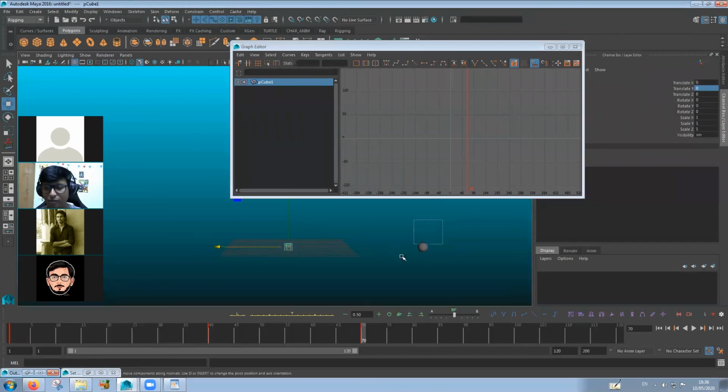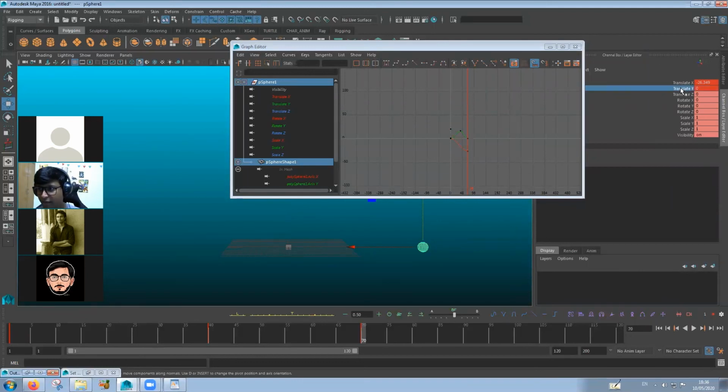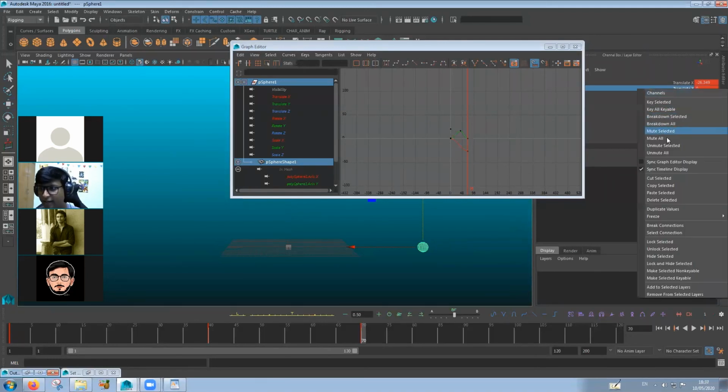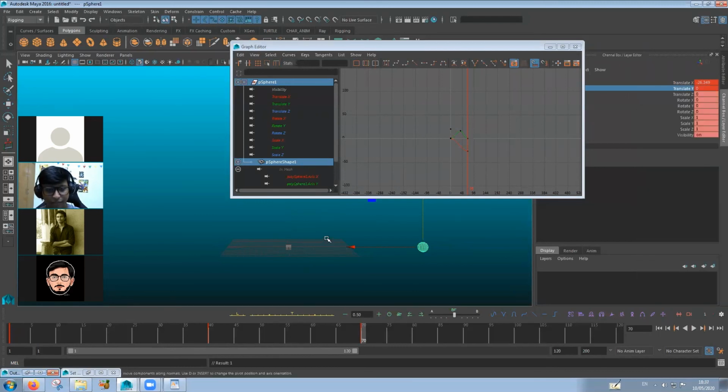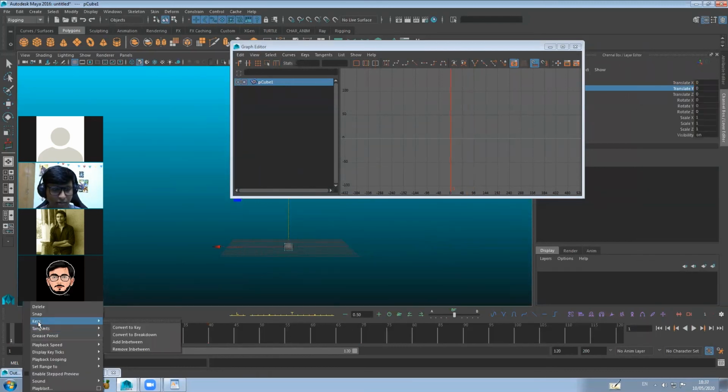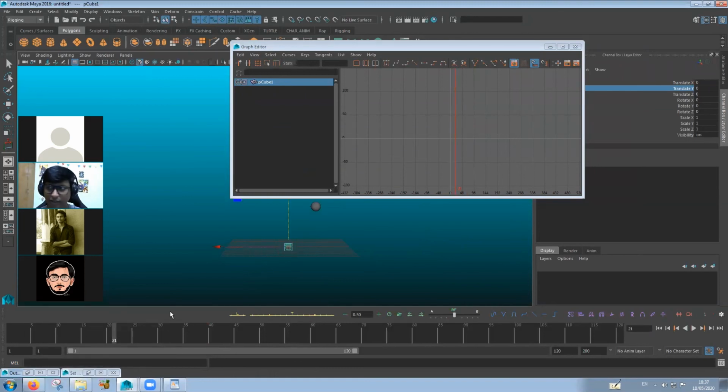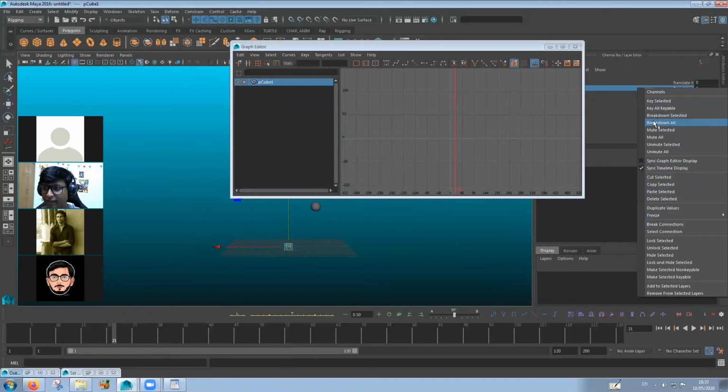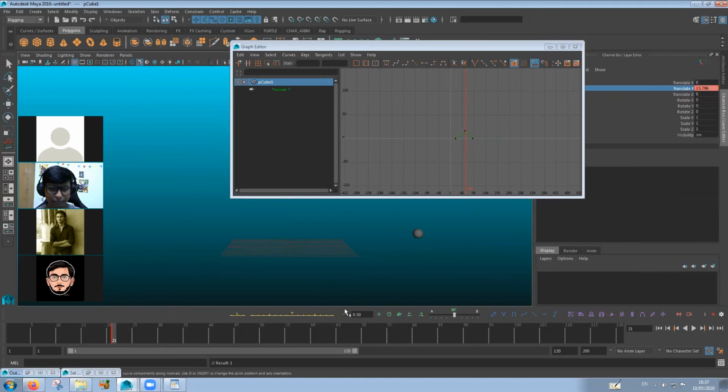Yes. Yeah, okay. So all you have to do is just click over there, go to translate Y, select it in the channel editor, right click, say copy selected, okay? And go to over here, and from wherever you want it to be pasted, all right? Say paste selected. Where's that? Now you see, it's copied. Only translate Y, and that too from wherever you want. So you can copy it, and then from wherever you want, keep your cursor over there and then paste it. So you'll get it in whatever offset you want it.